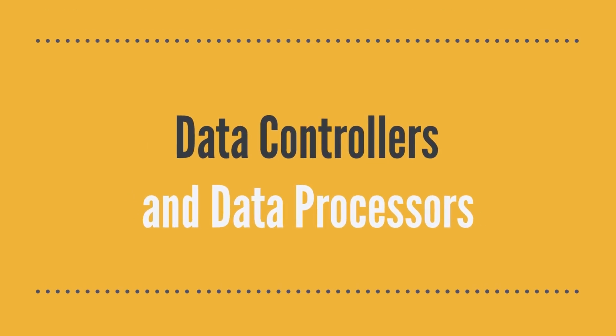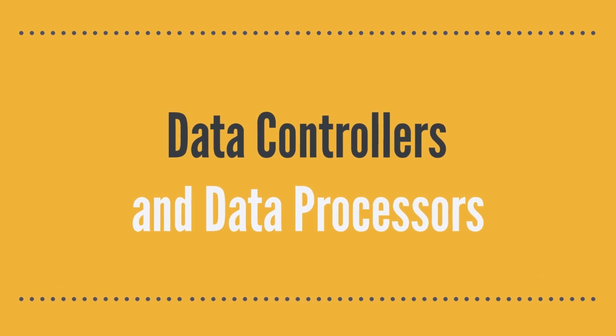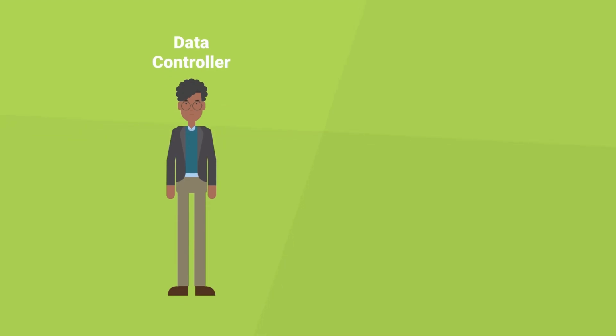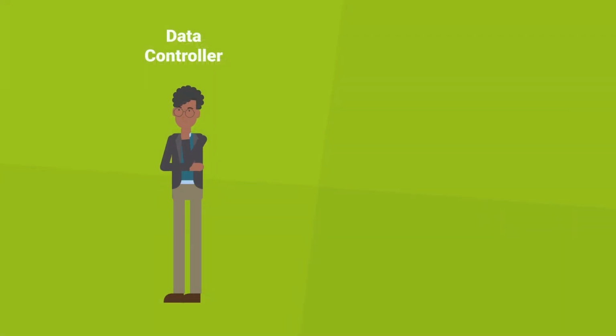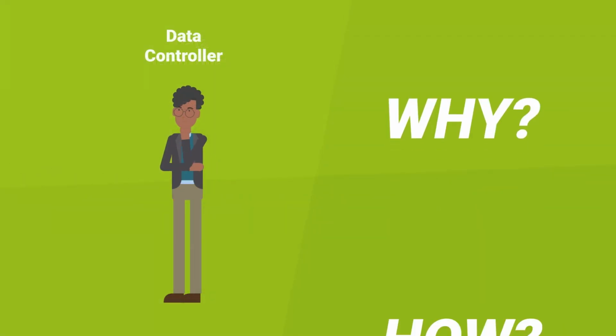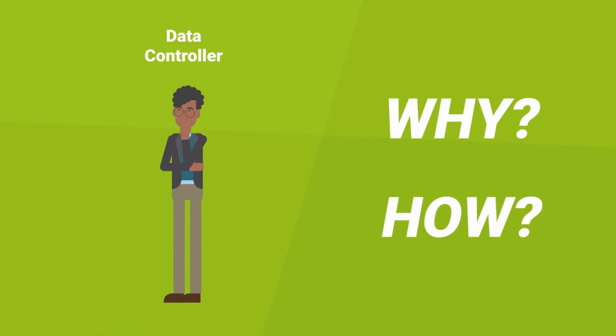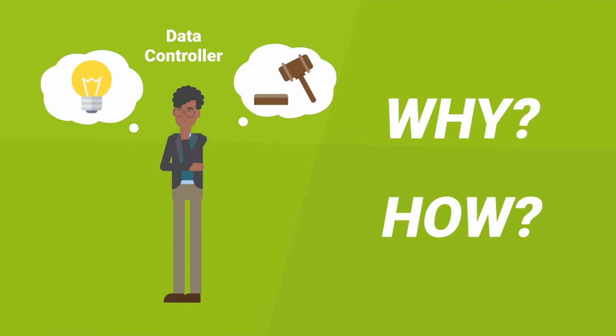Data controllers and data processors. Under most data protection laws, the data controller has the overall responsibility of protecting personal data and safeguarding data subject rights, whereas the data processors must have organizational and technical measures to ensure data protection. The data controller determines the why and the how of data processing and ensures that the activities comply with applicable